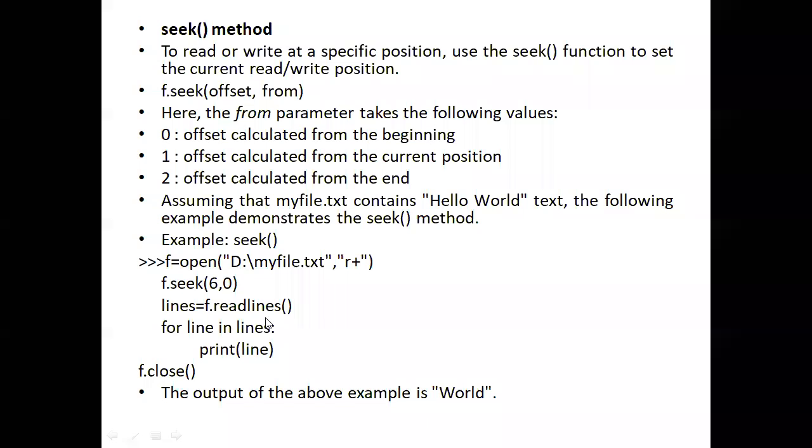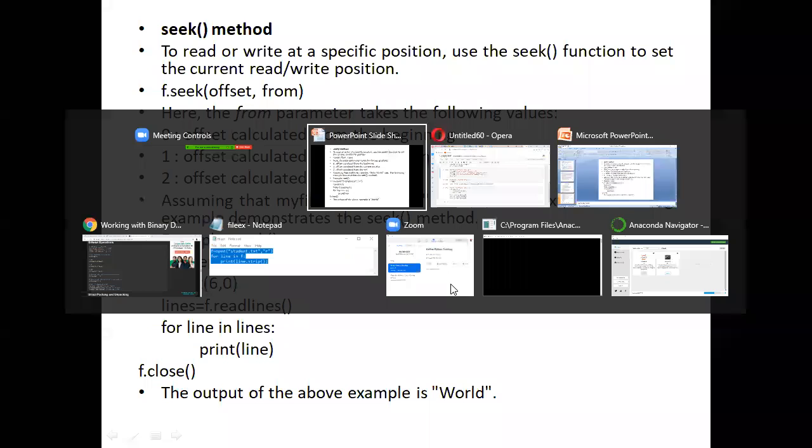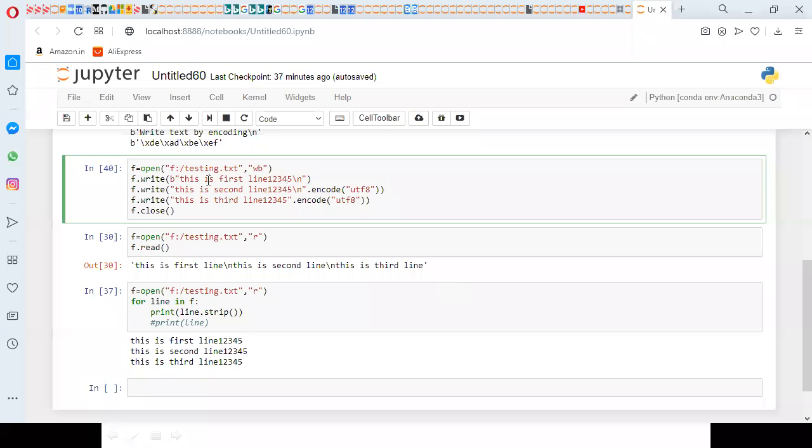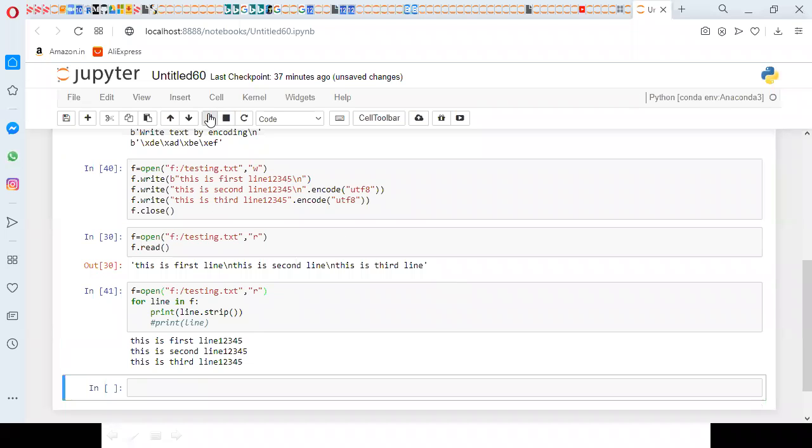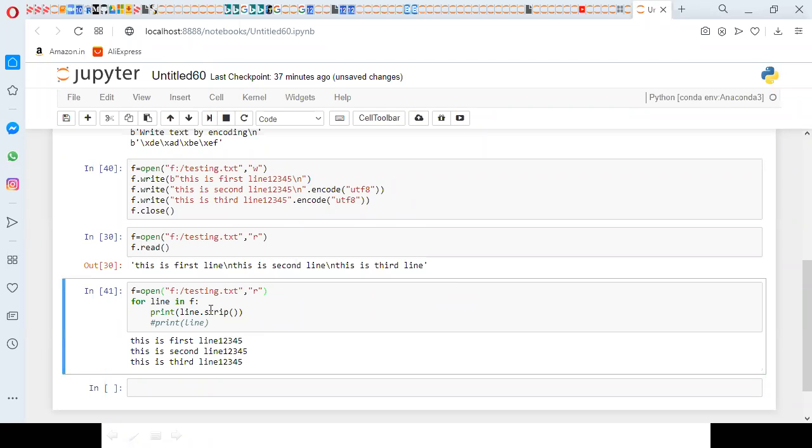For example, I need to read the similar file which I had earlier. Here, I'm going to go with the normal file in W mode. Yes, we have it, the testing file is there.